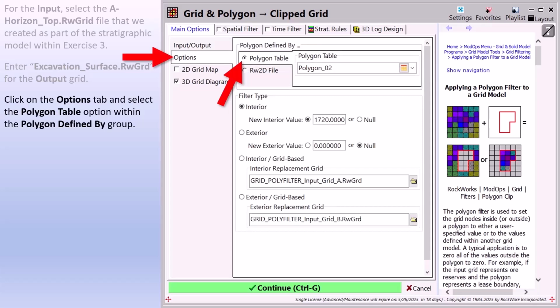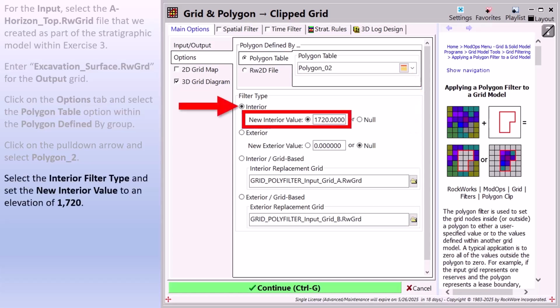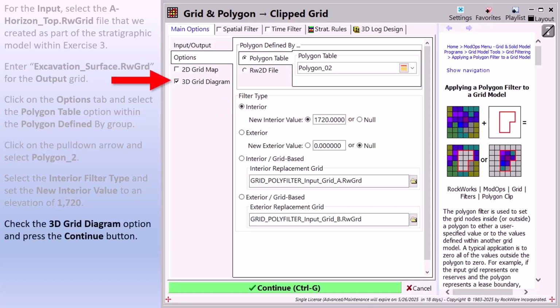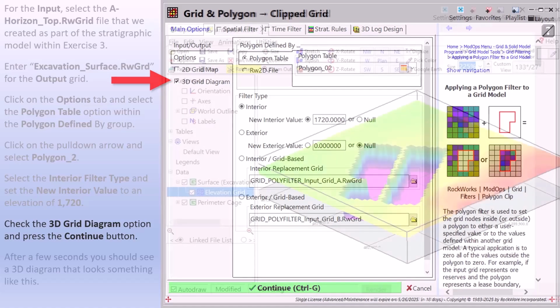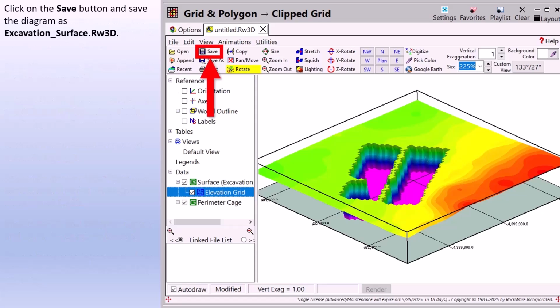Click on the Options tab and select the Polygon Table option within the polygon defined by group. Click on the pull-down arrow and select Polygon 2. Select the interior filter type and set the new interior value to an elevation of 1,720 meters. Click the 3D grid diagram option and press the Continue button. After a few seconds, you should see a 3D diagram that looks something like this. Click on the Save button and save the diagram as